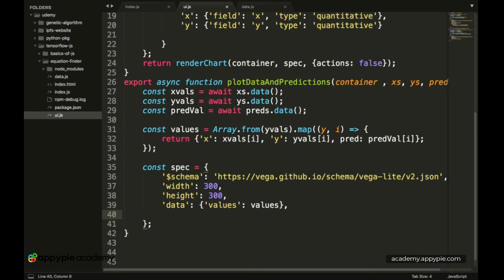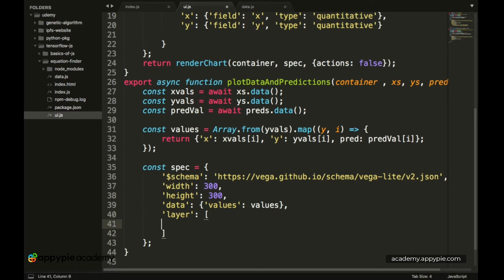Okay, so now to do that, basically we have to put in the layer parameter, and now layer parameter will also take in basically an array of nested JSON objects. Okay, so over here inside of the layer, let's put in the square bracket for an array, and this will basically take in nested JSON objects.